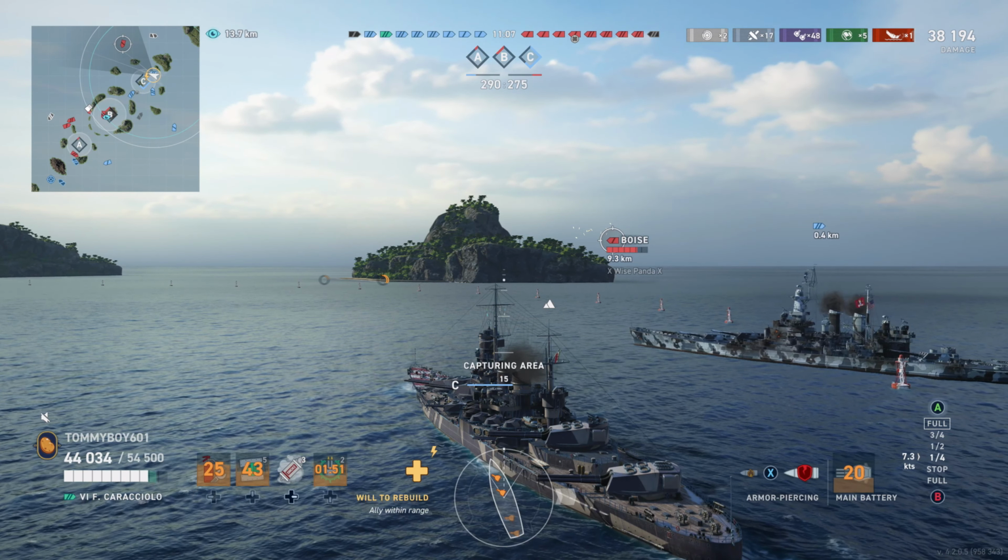And I'm kind of confident in North Carolina and our ability to sail away from the Boise and still get in some good hits on him. Also, I kind of want to take out this Andrea Doria, who we have a beautiful crossfire set up on right here. We want to exploit this angle that we can get on him. So we're going to do that, take him out of the match,